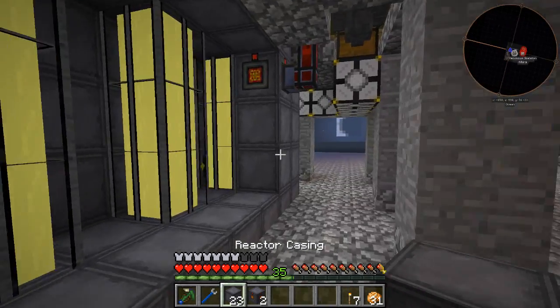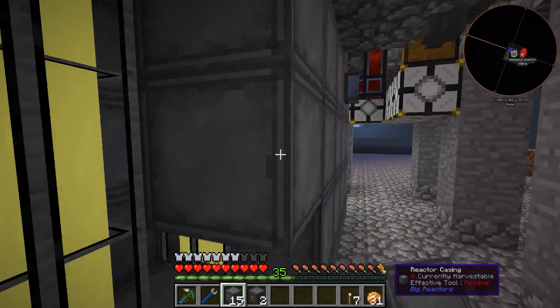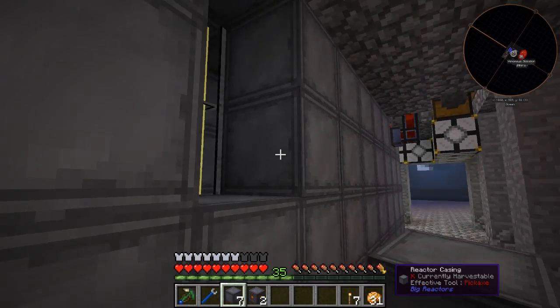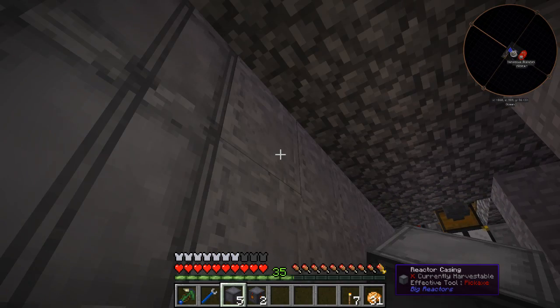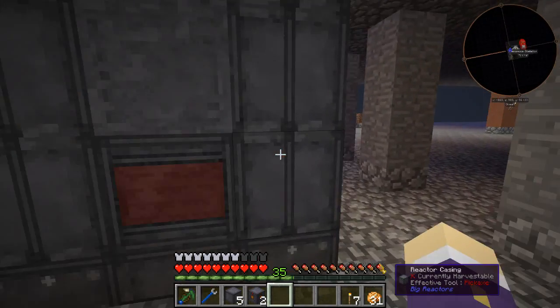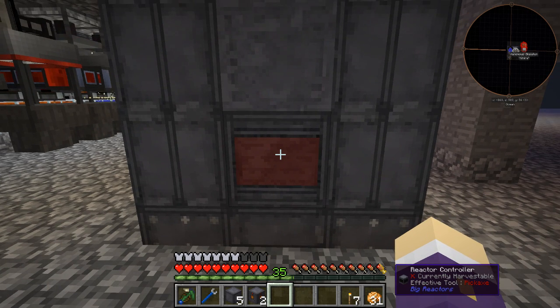Let me just fill this in. Let me fill this in. We're going to literally just fill it all in, and it becomes a multi-block structure. And hopefully I've done everything right to make this bit a multi-block structure as well. Boom. Multi-block structure. Okay, so you can see it looks awesome as a big grey reactor,